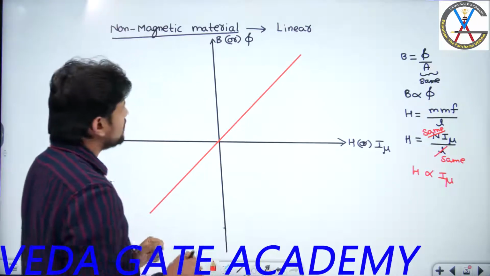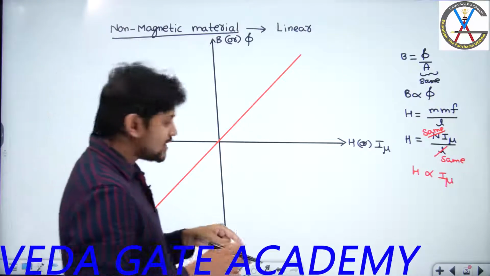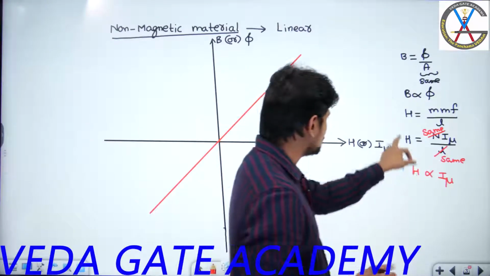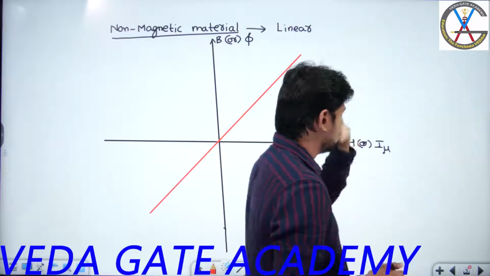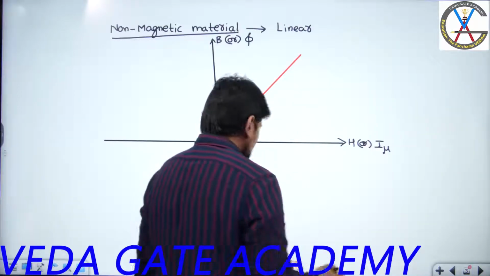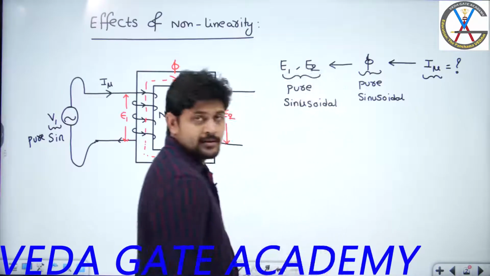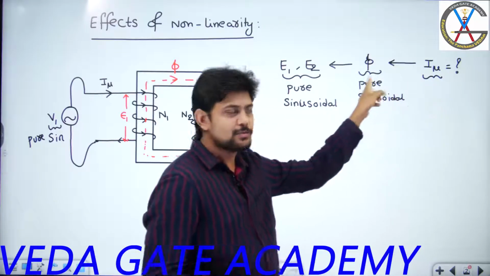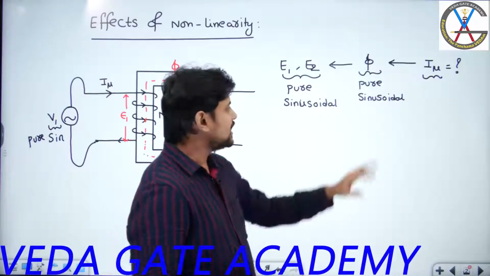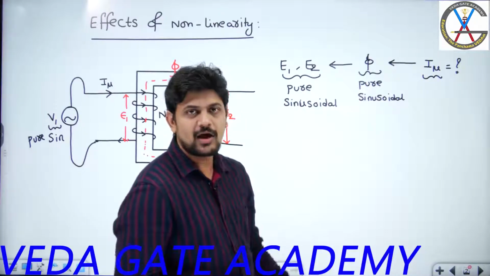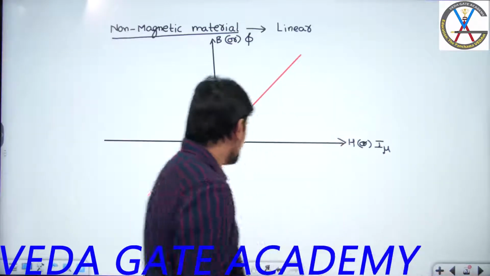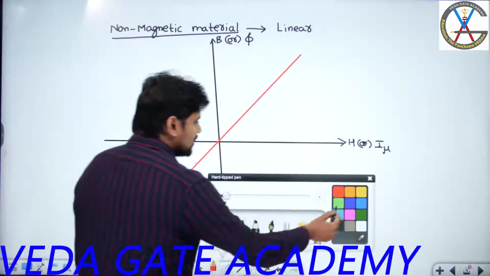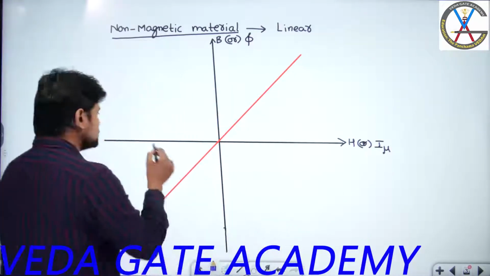Right. Now what is the shape of this? What is our interest here? Our interest is not to focus on this. Let me remove this. These are not necessary for us. Right. Now if you try to see here, our focus is what is the shape of this magnetizing current in order to produce a sinusoidal flux. To get a sinusoidal flux, what is the shape of the I mu that is required? The shape of the flux that I require is a sinusoidal shape.